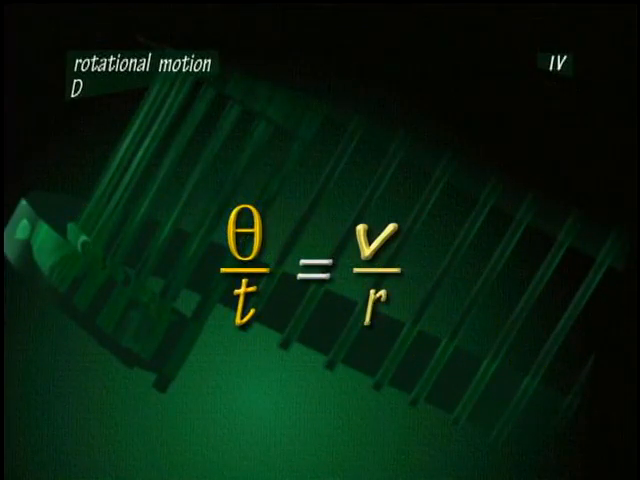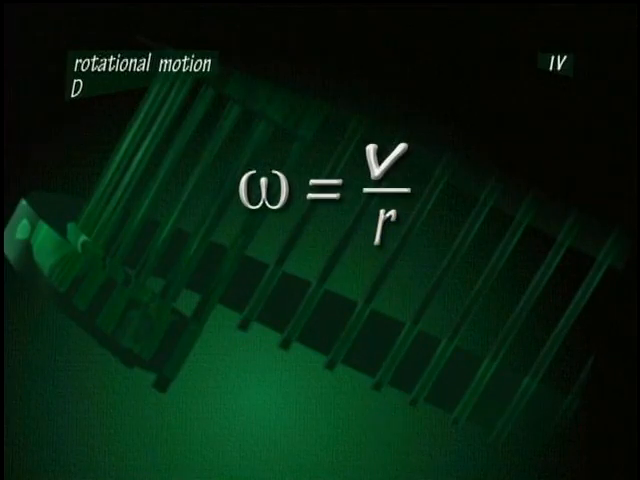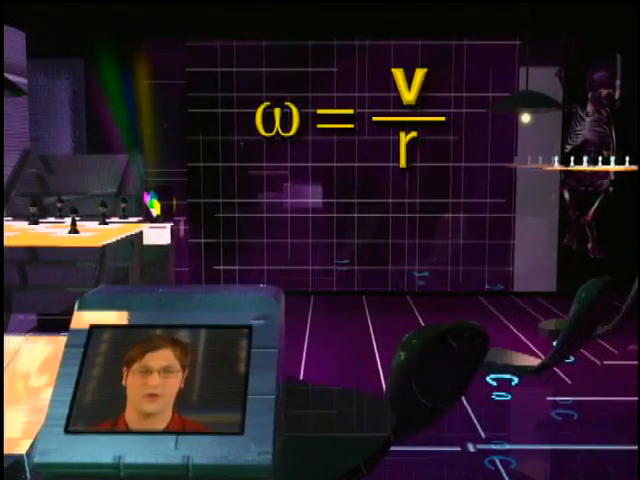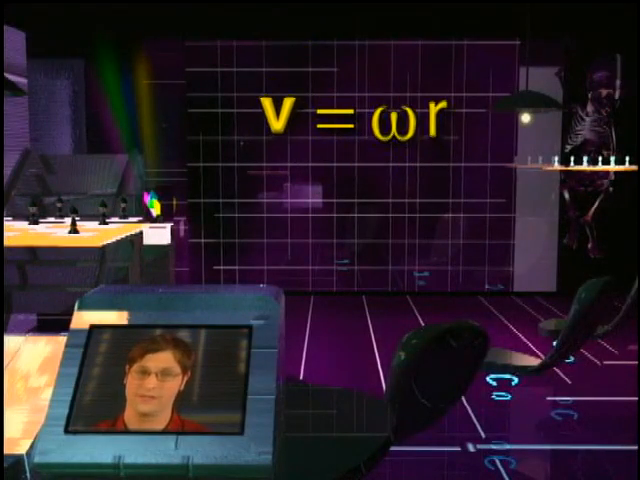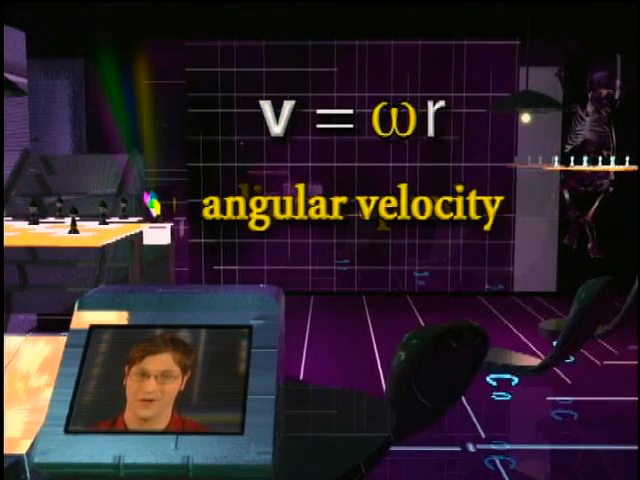Theta over t equals v over r. We just showed you the equation for angular velocity. Omega equals theta over t. So, if omega equals theta over t and theta over t equals v over r, another way of writing angular velocity is omega equals v over r. This equation is usually rearranged and written as v equals omega times r, where v is the linear speed of a point on an object going around in a circle, omega is the angular velocity, and r is the radius